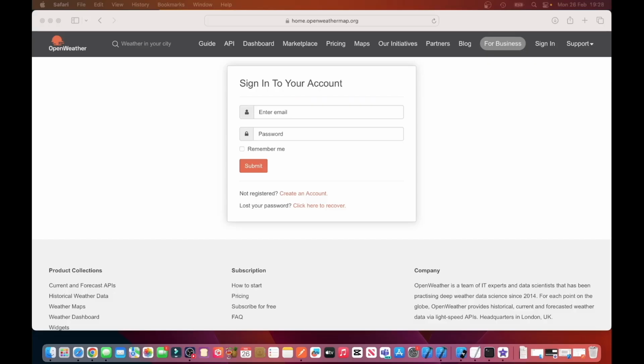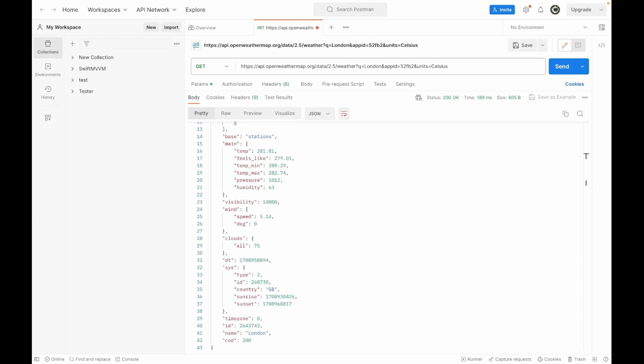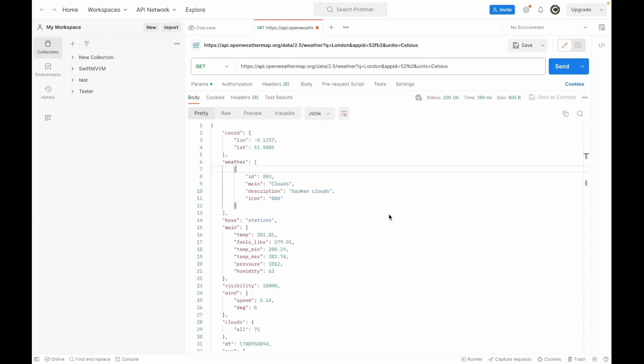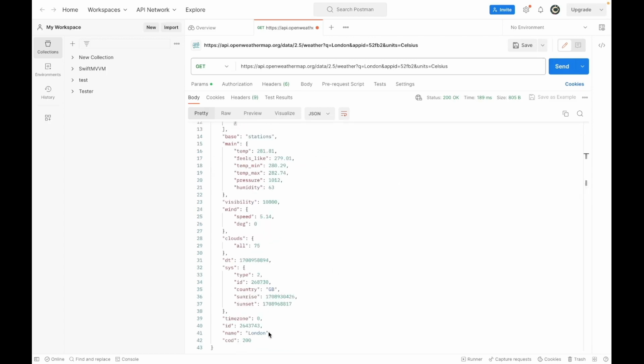To use the OpenWeatherMap API, you need to register on openweathermap.org to obtain your API key. The OpenWeatherMap API returns this JSON payload. The information we'll be extracting from the payload includes the following: the name, which includes the city name or the country name. We'll be extracting that key, and also we need to extract